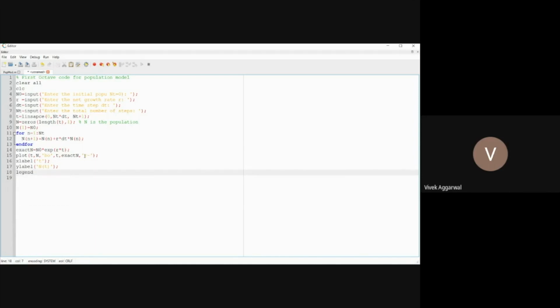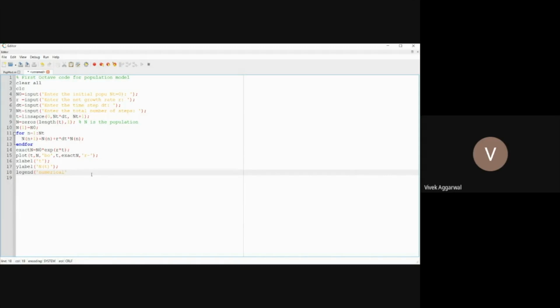Legend is there, and it will give you the legend, because you will get two plots in the same one, so it will tell you which plot means what. So first I am plotting numerical, because here I'm putting the numerical first.